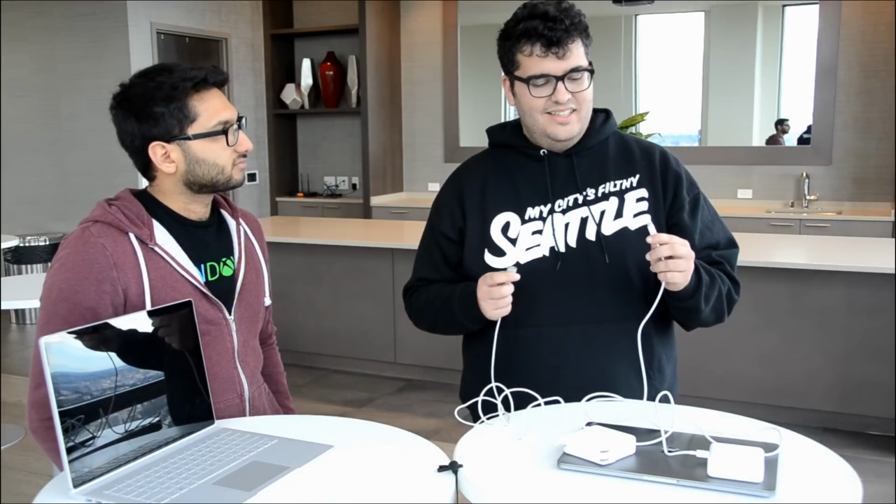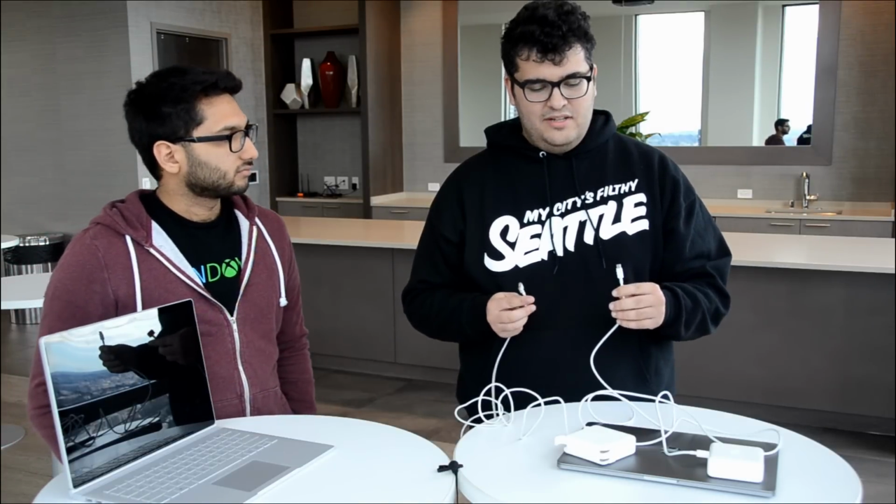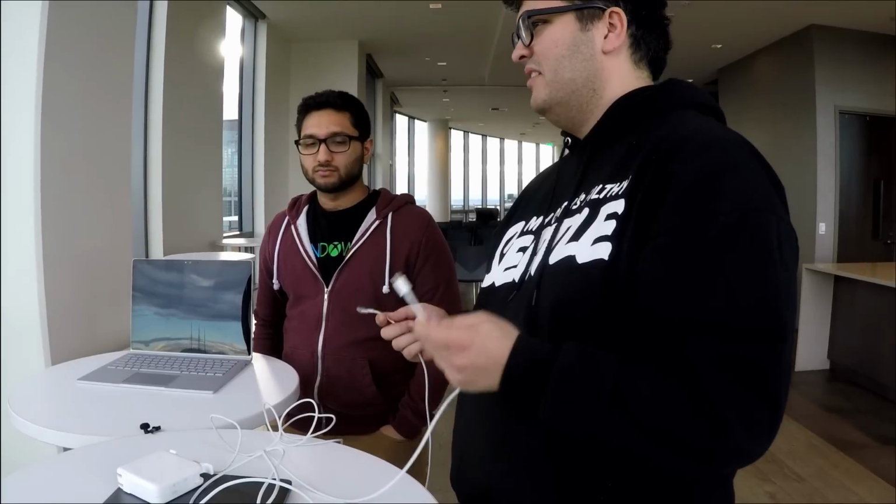Yeah, I think at the end of the day, for how performant both of these laptops are, the battery life is not a negative, right? And I think that might be reflected in the price. Since we're on the topic of battery life, though, there is one thing that is probably one of my top complaints about the new MacBook that I did want to talk about briefly, and that's actually the charging experience, which seems like a small thing, but essentially,